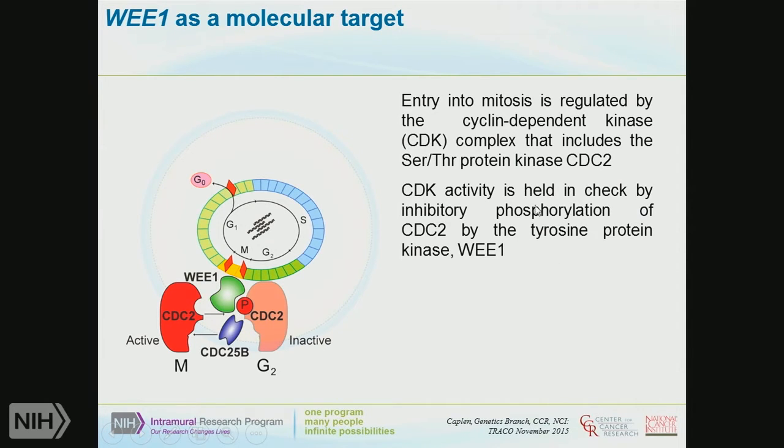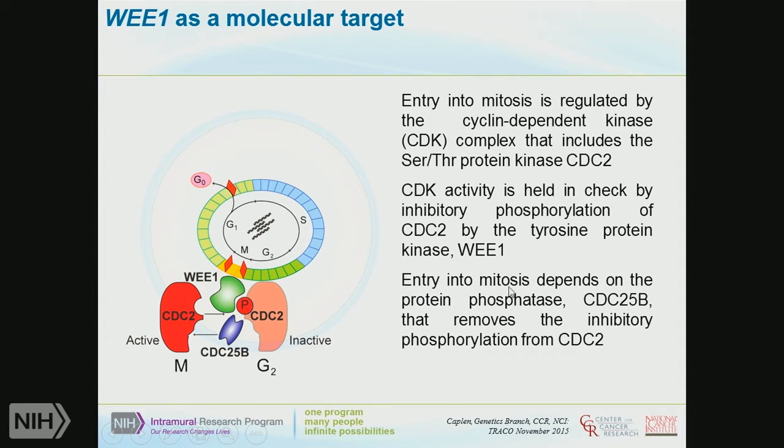So this is held in check by WEE1, and entry into mitosis is dependent on a protein phosphatase that removes this inhibitory phosphorylation. So WEE1 is actually required for mitosis in every single cell. So our first assessment: this is not unique to cancer cell lines. What we're seeing is that you have a potential therapeutic window. But that is something that really has to be borne in mind as you look at a lot of cell viability-based screens that are done, whether it's done with RNAi or CRISPR or any technology.